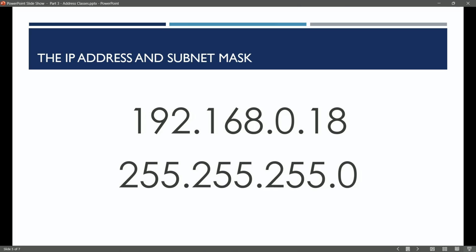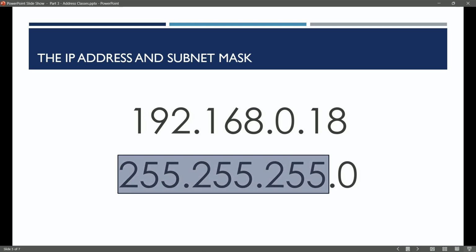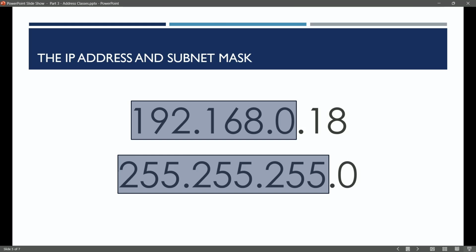So in the last video we saw that my machine had 192.168.0.18 given to me by my local DHCP server, and the subnet mask is 255.255.255.0. This is a classic example of a Class C utilizing that default subnet mask of 255.255.255.0, and remember that indicates that